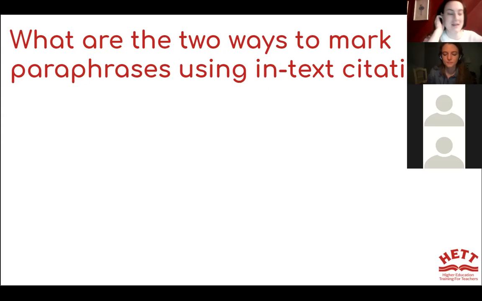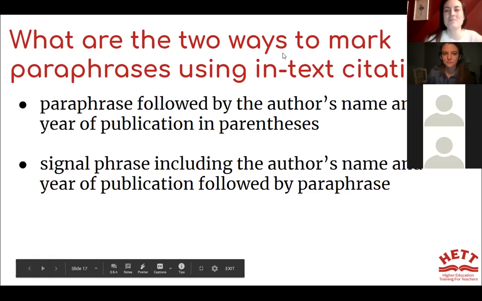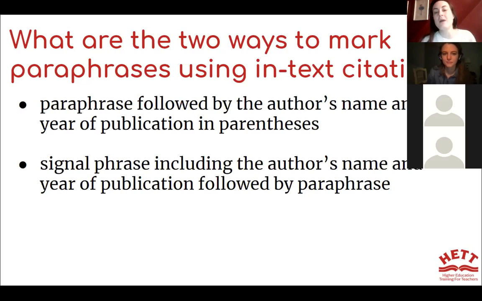If you did the self-paced, you might already know, or if you attended the Burmese class, you might know. Otherwise, maybe not. Okay, so the first one is paraphrased followed by the author's name and year of publication in parentheses, like we saw already.